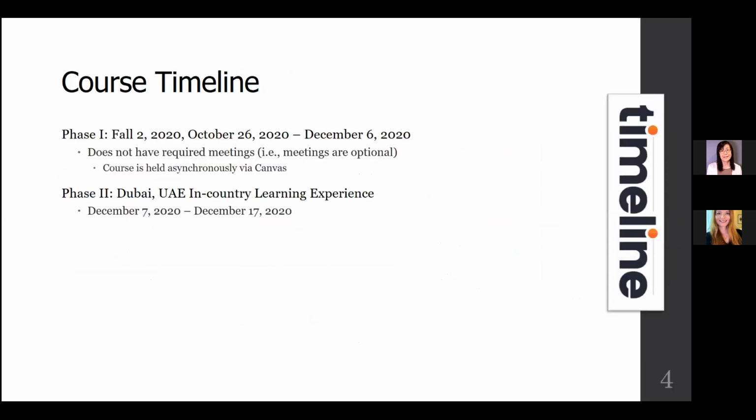So the general course timeline is really split up into two phases. The first phase is where you will participate in the online course. And as I said, it begins Fall 2, so that if you're with an on-ground campus, the online campus splits up the semester basically into two terms. So for example, Fall 1 and Fall 2. This course begins in Fall 2. And the approximate dates are October 26th is the course start date for Fall 2 term. And the online portion runs from October 26th to December 6th.